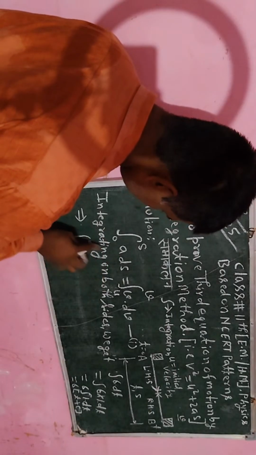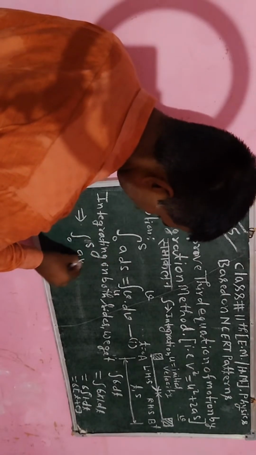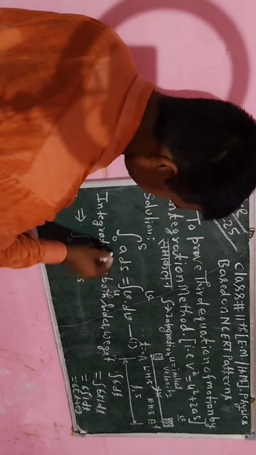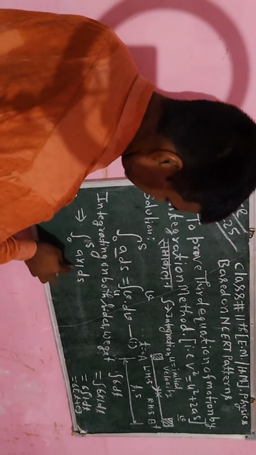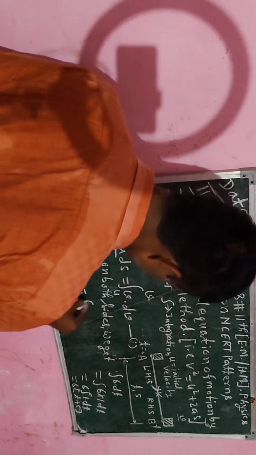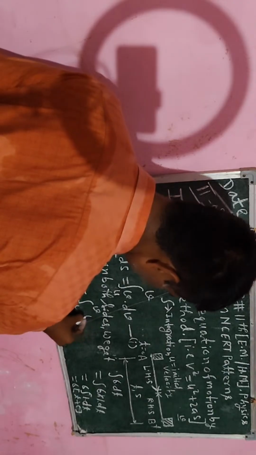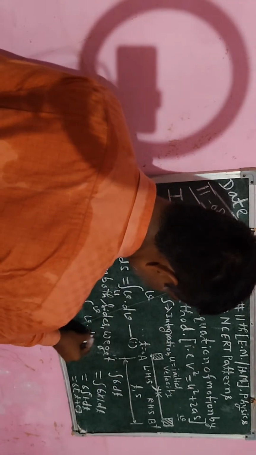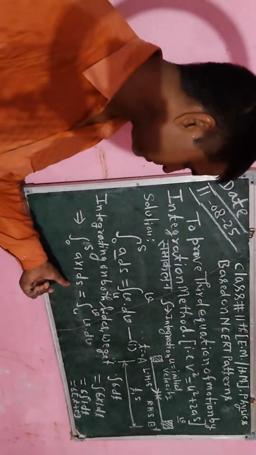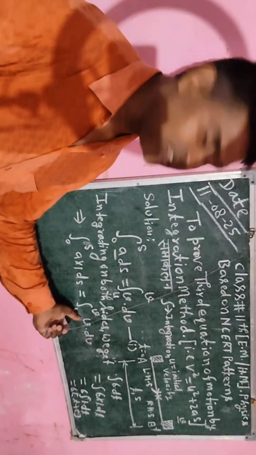इसको हम लिख सकते हैं 0 से एस इंटीग्रेट करना है, और ए की जगह पर हम लिख सकते हैं 1 इंटू डी एस है, ए गुणे 1, ए की जगह पर हम 1 ए इंटू 1 रख सकते हैं। उसी तरीके से यहाँ भी दिया गया है, तो इसका कंसेप्ट इनिशियल वेलोसिटी यू होता है, फाइनल वेलोसिटी वी भी होता है, और यहाँ भी इंटू डी वी है। तो यहाँ पर हम कहेंगे कि यहाँ पर फंक्शन एस के रिस्पेक्ट में है और यहाँ पर फंक्शन वी के रिस्पेक्ट में है, तो वी यहाँ पर फंक्शन का एक पार्ट है।